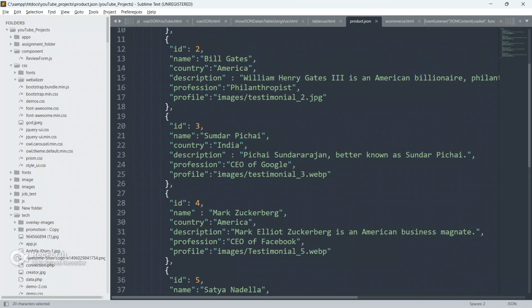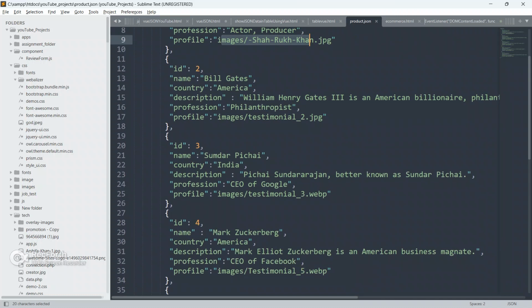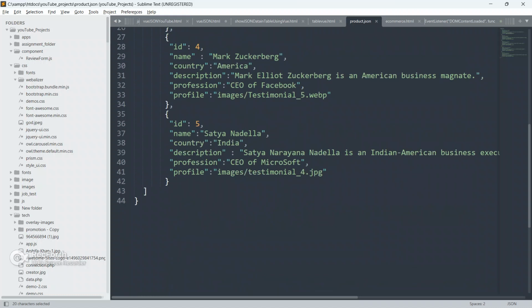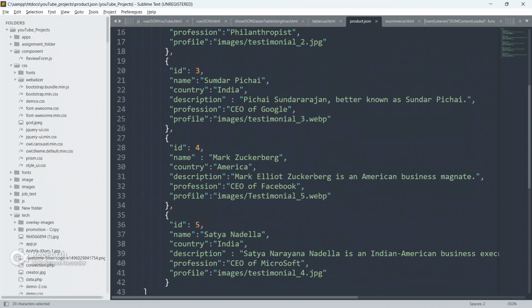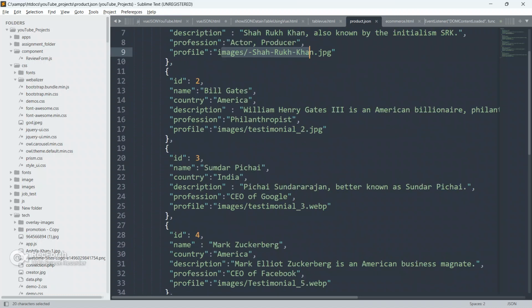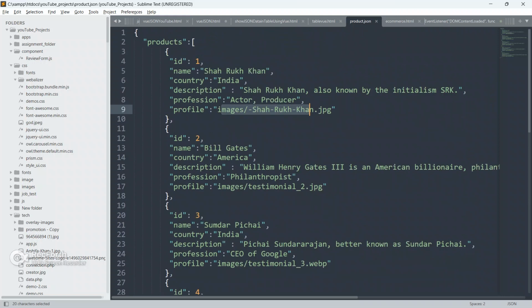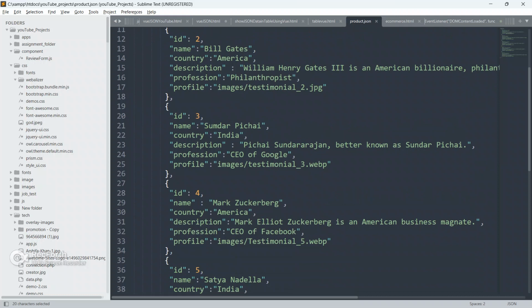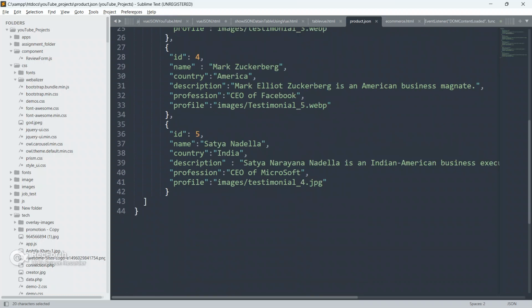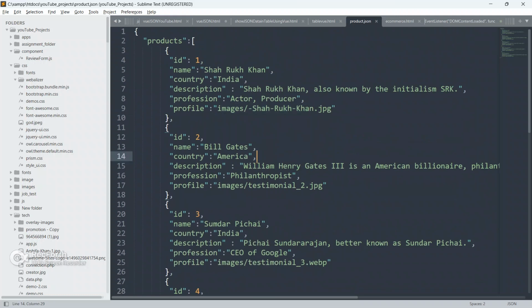Likewise, for all the elements, it will do the same, and it will display id 2, 3, 4, 5, names Satya Nadella, Mark Zuckerberg, Sundar Pichai, and Bill Gates, country America, description is this, profession is this, profile is this.